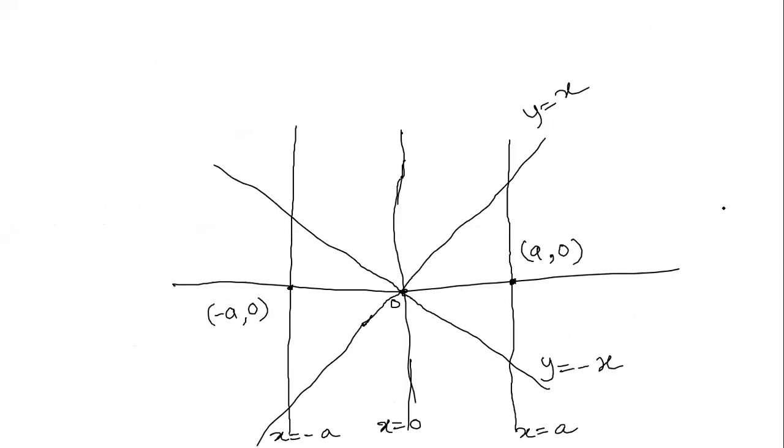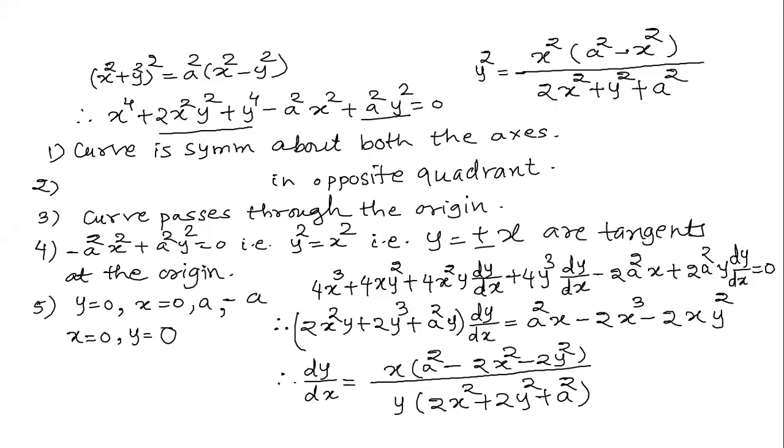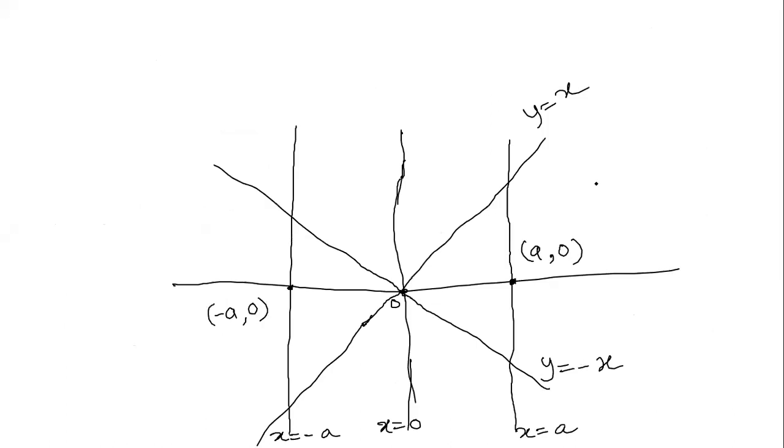Now what to do: does the curve exist between x equal to 0 and x equal to a? Let us put x equal to a by 2 in this equation. Let us put x equal to a by 2, that is, a by 2 whole square into a square minus a by 2 whole square. The numerator is positive and the denominator is also positive. Anything such as 2x square plus y square plus a square is positive, no problem, check it. y square is positive. That means that the curve exists in the region between x equal to 0 and x equal to a. Now see, because of symmetry, it will come here also, the region will exist. Okay, the question is: does the curve exist to the right of x equal to a?